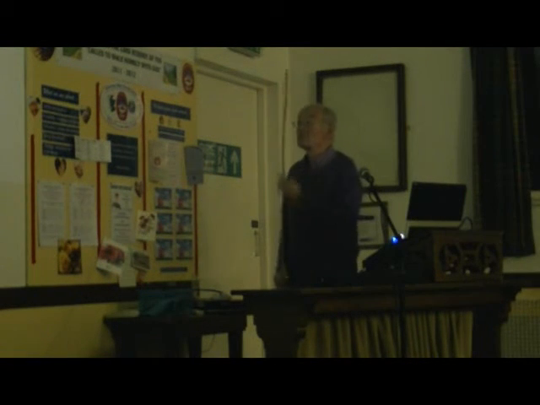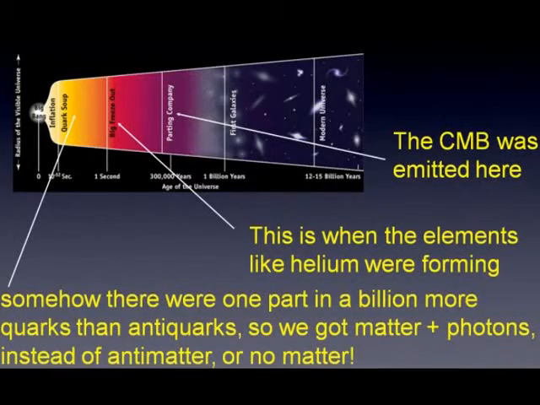Now, third thing. Here is this sort of a diagram of the Big Bang. So we're about here. Back here is where the universe was like the surface of the sun and was emitting what's now the cosmic microwave background. This is where the elements were being formed, quarks and protons and whatnot. But going right back here, and this is now a tiny, tiny fraction of a second, there was an incredibly rapid expansion, people think. Now, I'll come back to that. The thing I want to